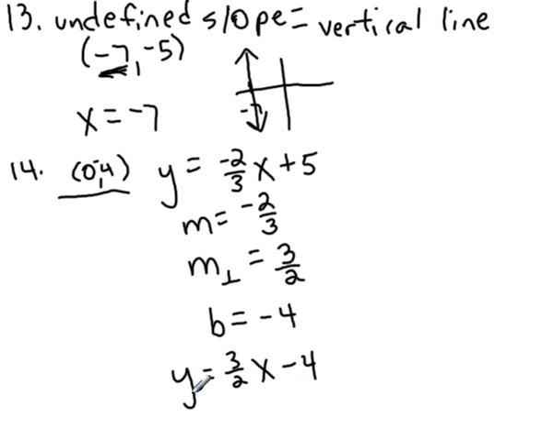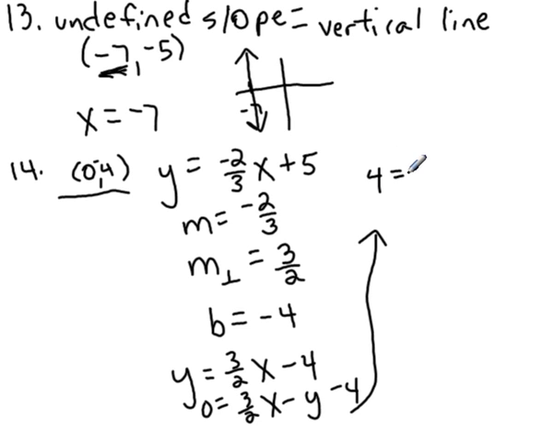Now, if they had asked me to give the equation of the line written in standard form, I of course would have moved the y behind the x, moved the 4 to the other side of the equal sign, multiplied through by 2, and put it in that form. So let me just do that for you real quick here. I'm going to move the y behind the x, so I have 0 equals 3/2 x minus y minus 4. I'm going to move the 4 over. I'm going to come up here where I've got some more space. That gives me